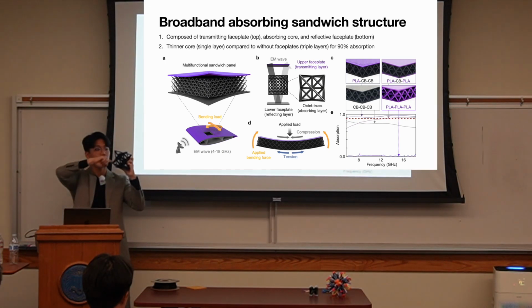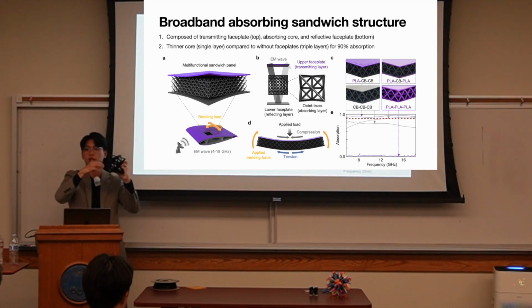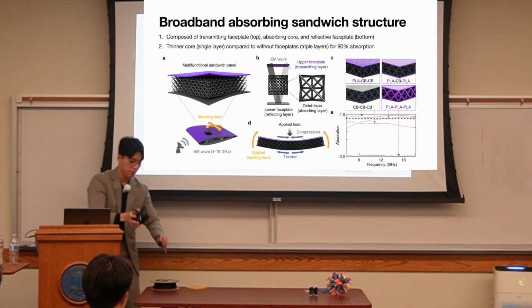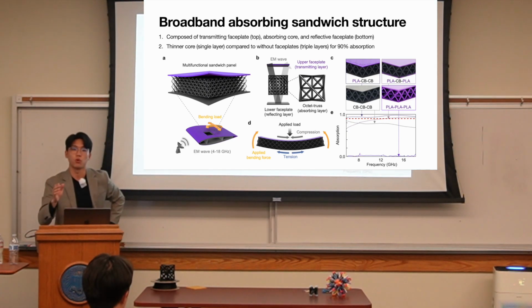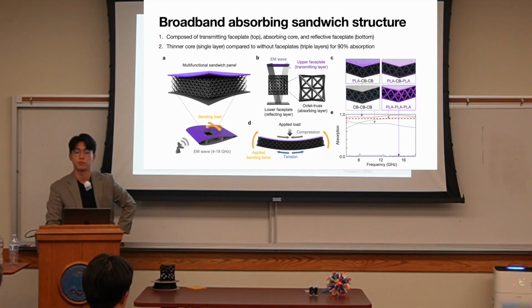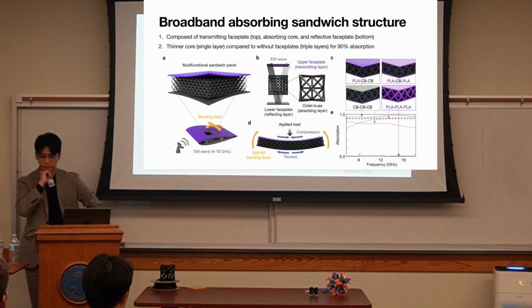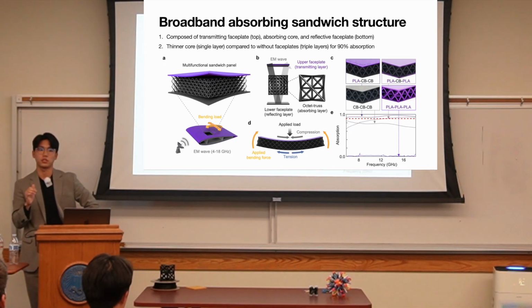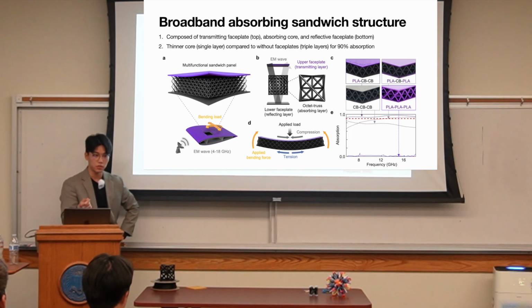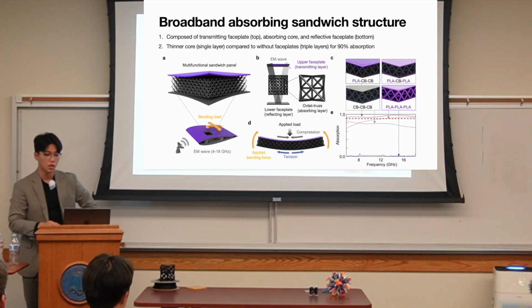So we can expect multiple reflections inside this structure by having these differently composed layers with different materials. What we achieved is having this sandwich structure not only provide covers or protection from the environment, but